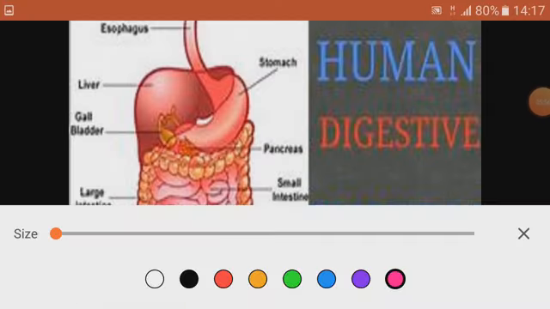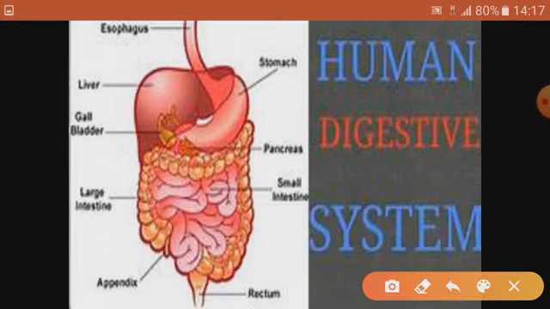Now this is the diagram where you can learn: from the mouth the food comes to the esophagus, then it goes to the stomach. Here the stomach releases gastric juices. Now it comes to the small intestine. This portion, the small intestine, receives digestive juice from the liver, that is bile, and it also receives pancreatic juices from the pancreas. And in the small intestine, the digestion and absorption of the food gets completed, and undigested